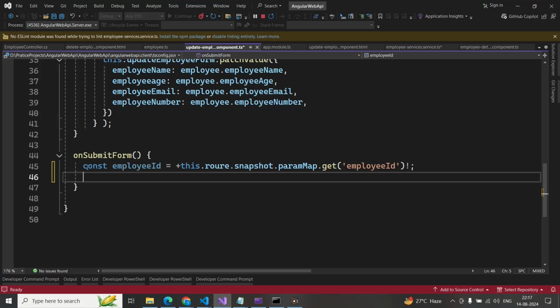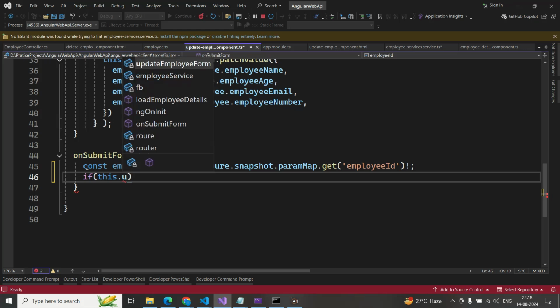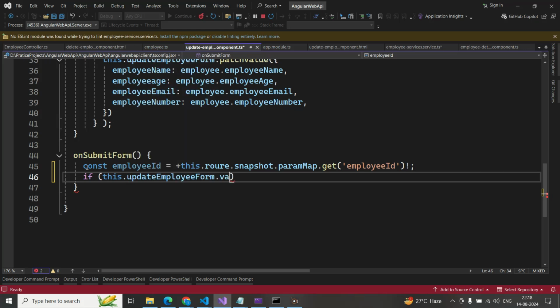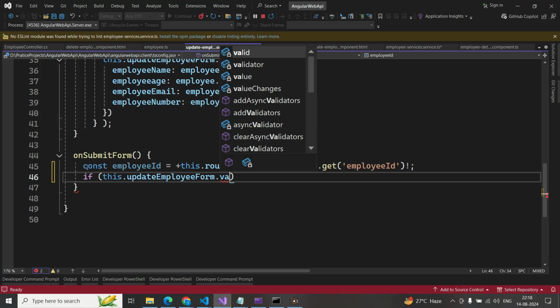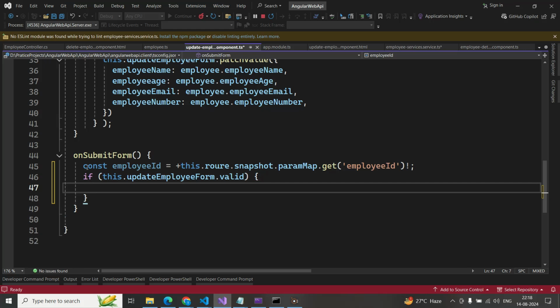After that, I want to check if the form is valid or not, this dot update form dot valid. If it is valid only, it will go inside the condition. If it is not valid, it will throw the error, or not update the details, or not redirect to the employee details. If it is valid only, it will redirect to the employee details. Okay,